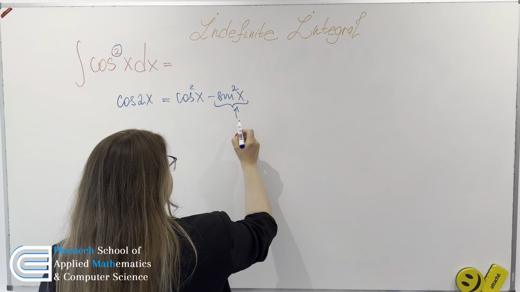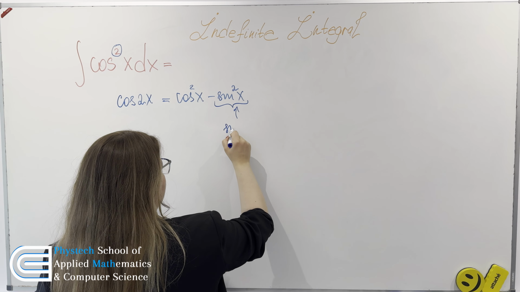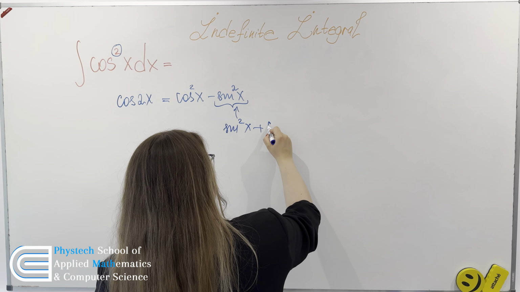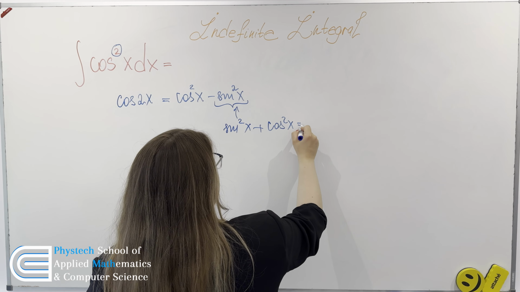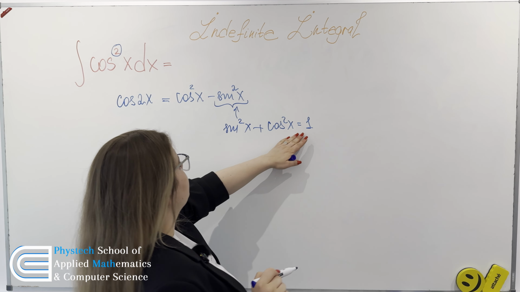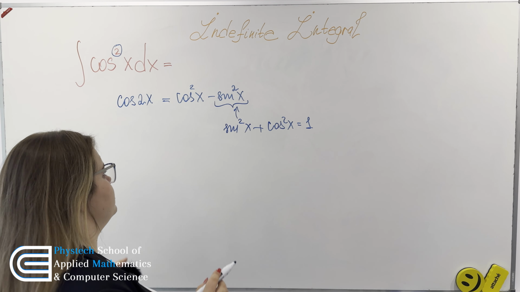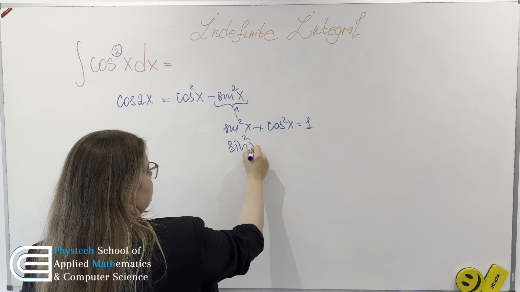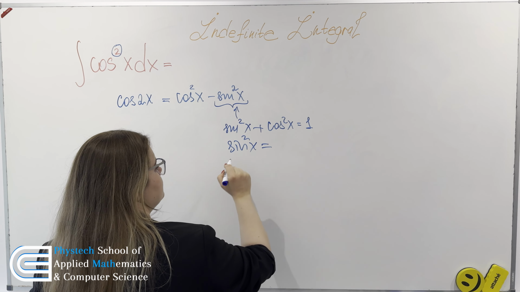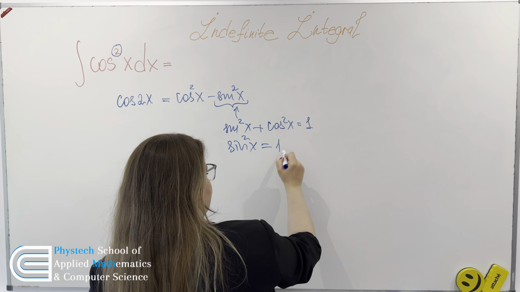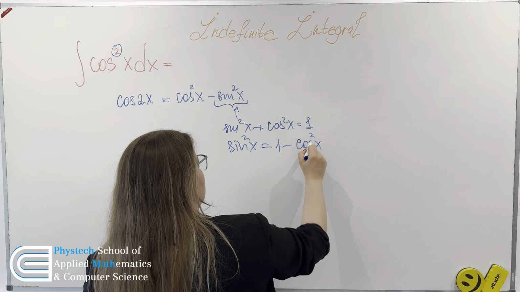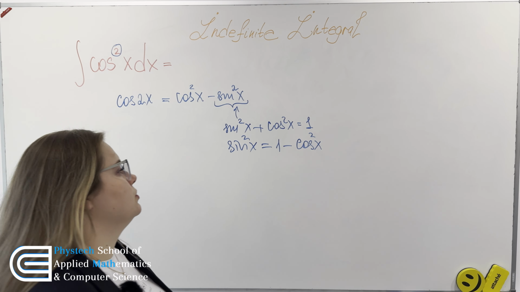We can use the formula sine to the power of 2 plus cosine to the power of 2 equals 1. And from this formula, we can see that sine squared is equal to 1 minus cosine of x to the power of 2. So